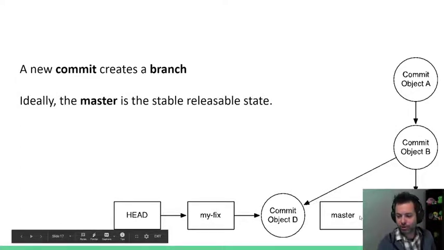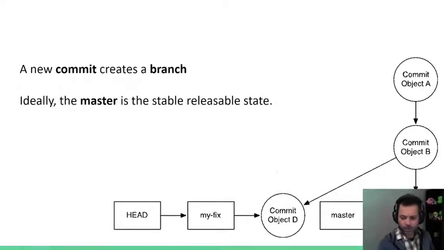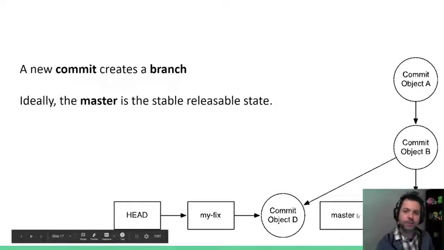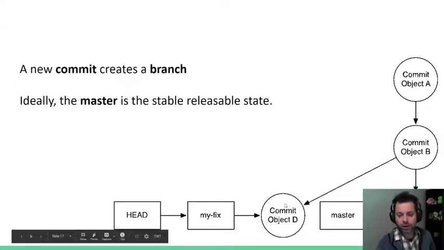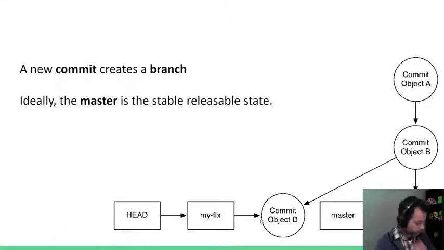So our main line here is still ABC, but we have moved our head over to D, and this is our new main line, basically. However, your master slash main, depending on when you're looking at Git, if you're 5 years in the future, this will be now main. Ideally, that should be your stable state, but there's nothing stopping you from moving your head to another branch and using that. So it's up to what you want to do here.